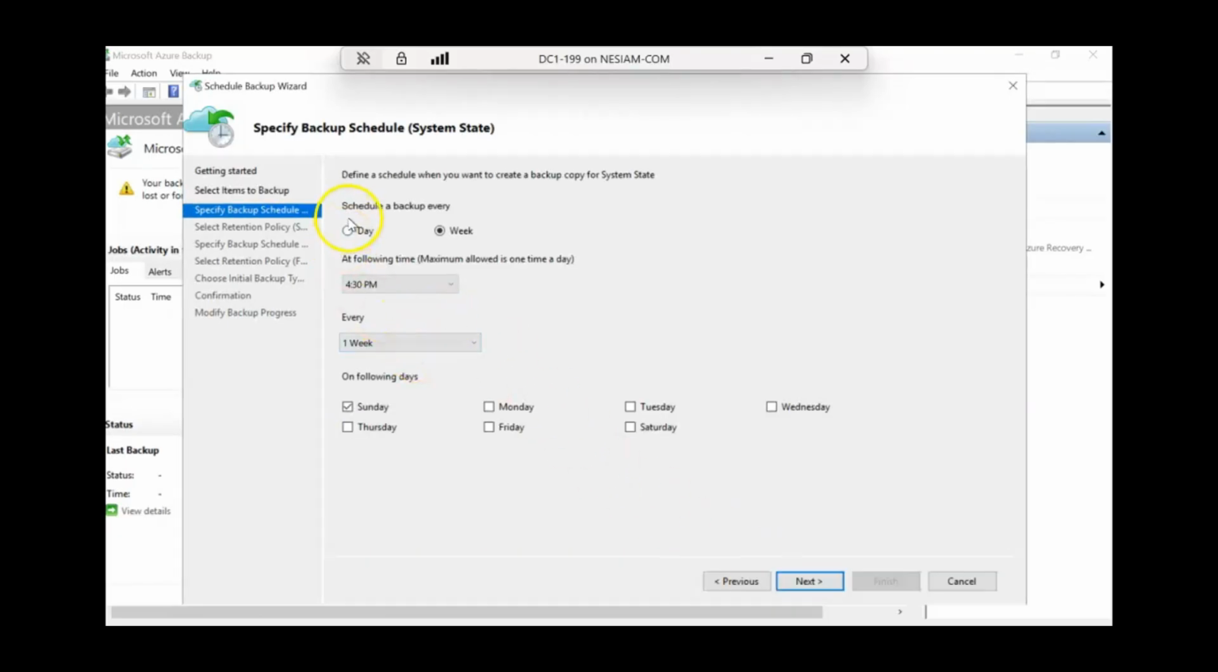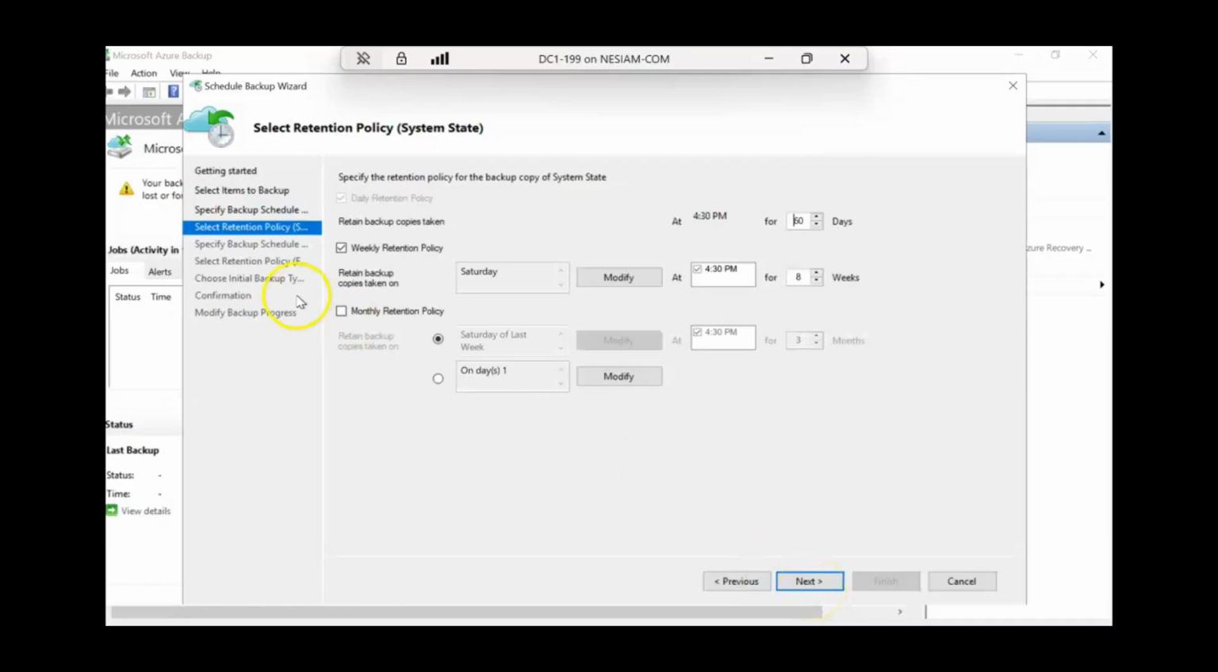Okay. And now you have to decide whether you want to back up daily or weekly. I think the main controller makes sense to back up daily. Don't go too far in terms of retention because it's a domain controller. There's a tombstone. You have to make sure at what point your server is no longer